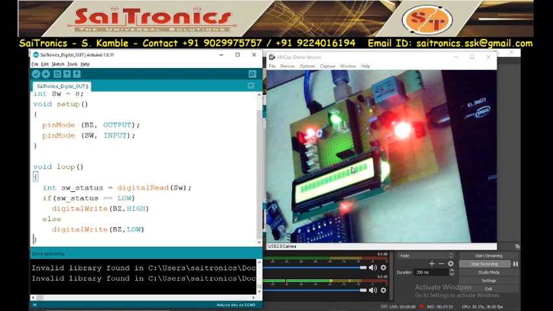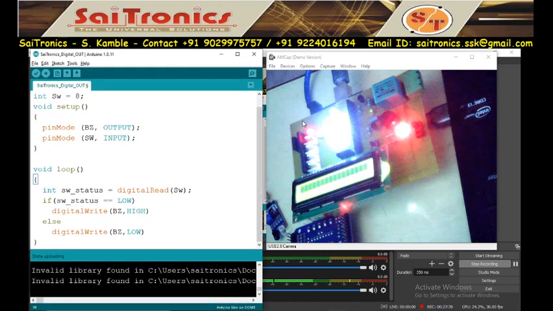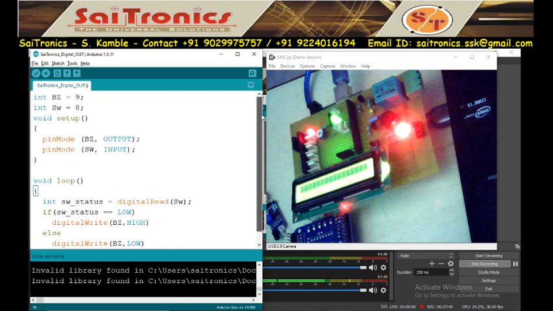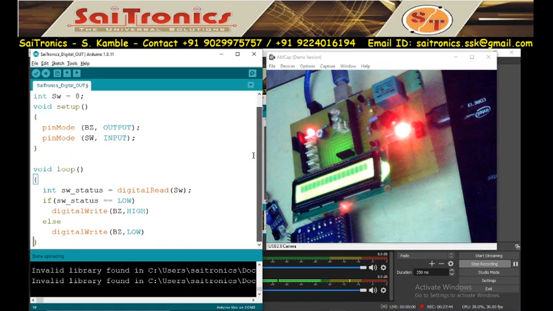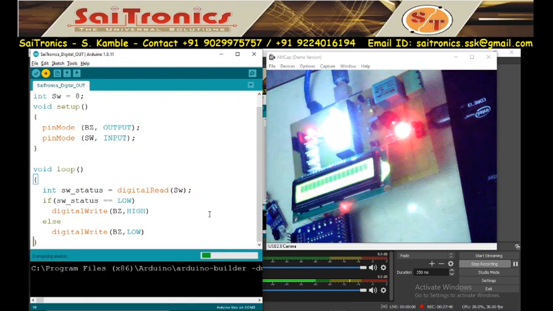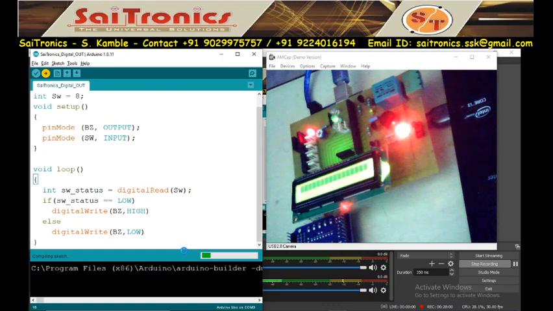So this is my code. I will load the program. Switch is connected to pin 8, buzzer is connected to pin number 9. These are input and output, and we are reading the status. So I will upload the code. Whenever you are changing the code, compiling and uploading is required.